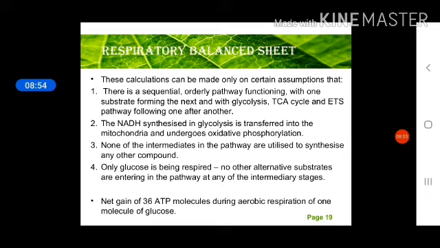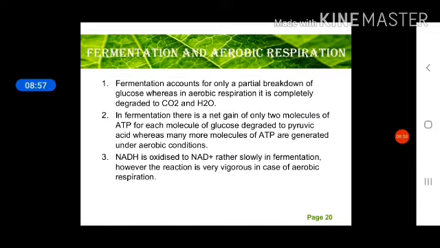Next is the amphibolic pathway. Amphi means both. Bolic means metabolic. You know metabolism is of two types, anabolism and catabolism. Anabolism means association reaction. Association means from simple substances there is production of a complex molecule, and catabolism is the breakdown process in which a complex molecule breaks down into simple substances. So this is an amphibolic pathway in which both types of reaction take place.